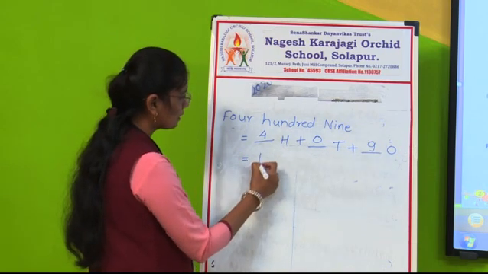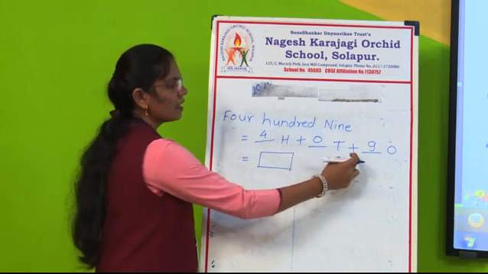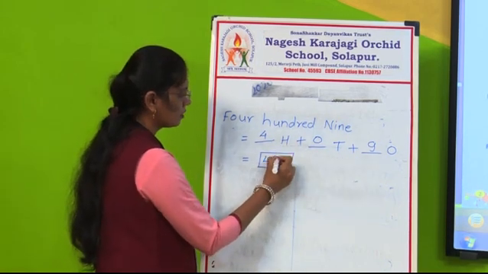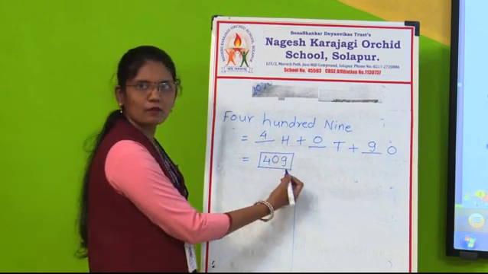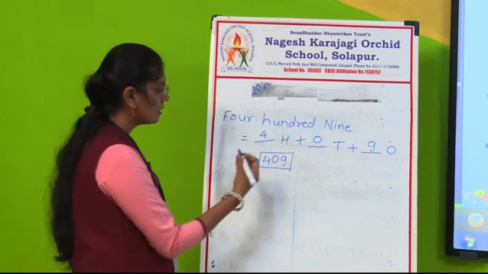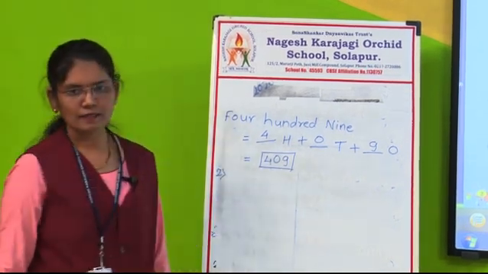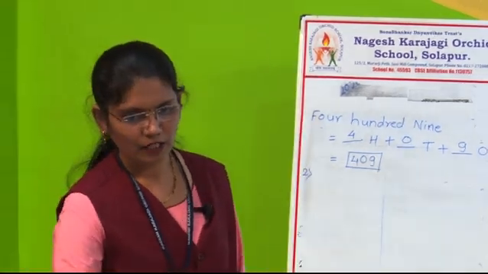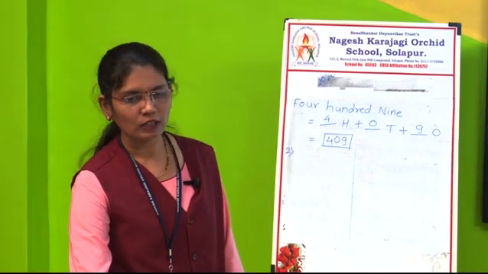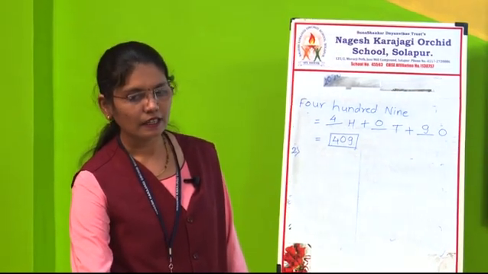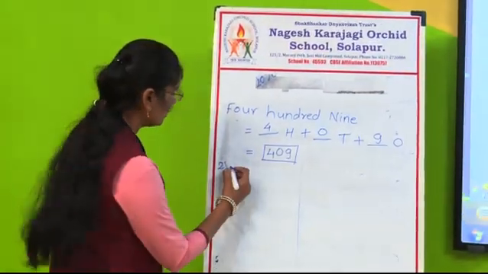So again in the box we have to write the number 409. In this way we will write the number in the given box, that is 409. Now let us move to the next example, that is 350. Again the same: while reading only we will get our answer, 350. So for that, read the given number carefully.